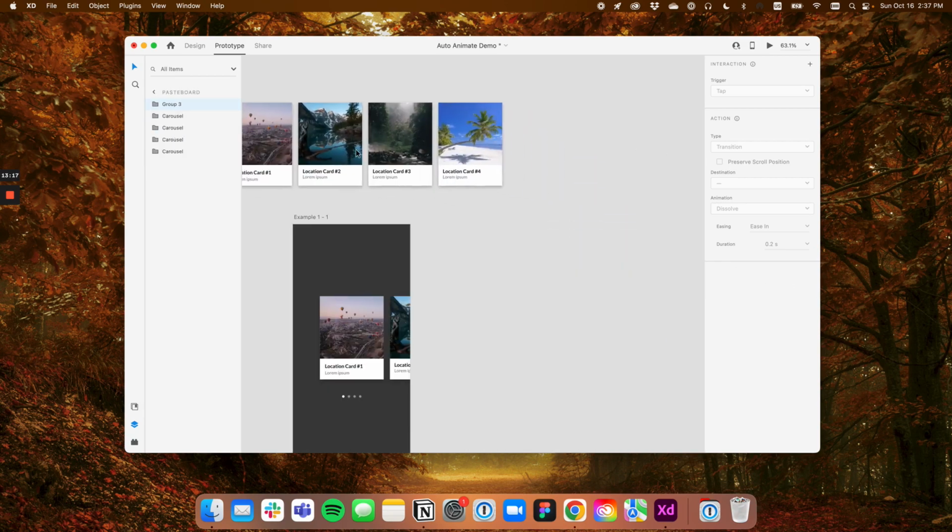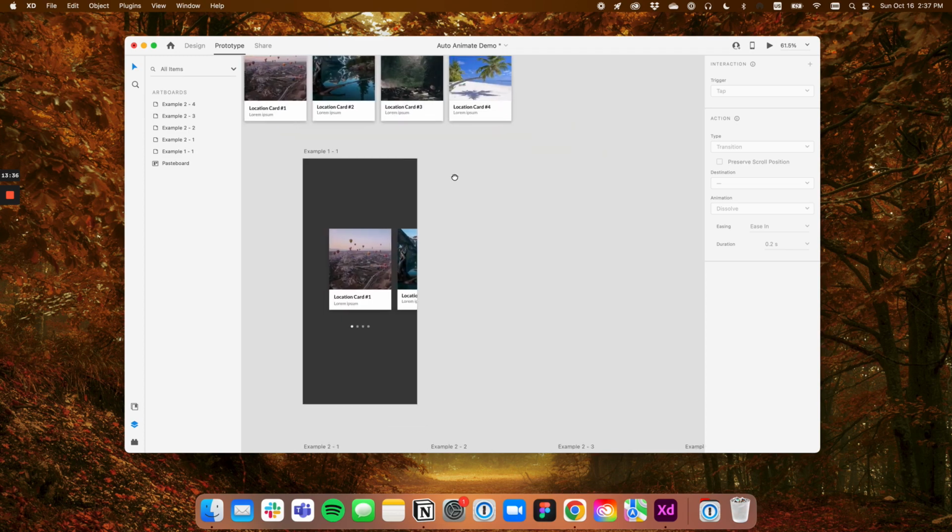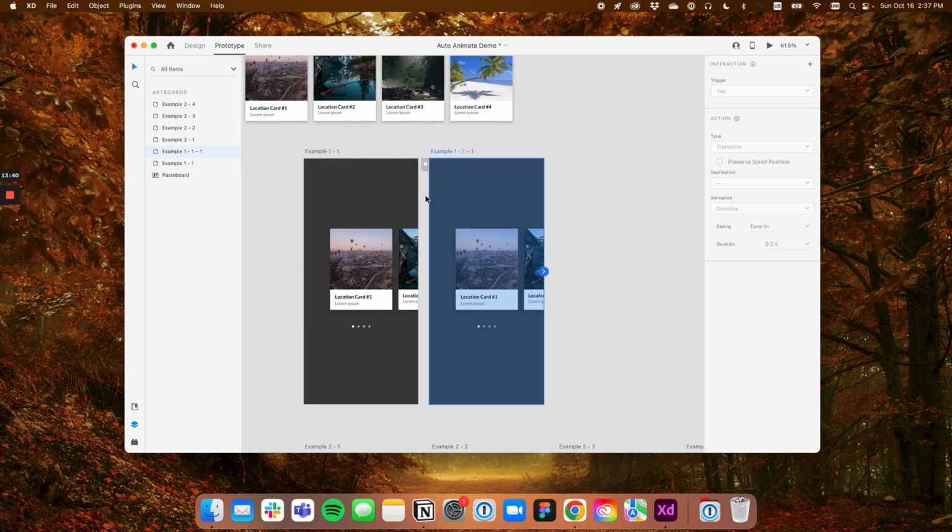have this frame, I have this group here, and inside of that group, I have card 1, card 2, card 3, and card 4. And inside of every single one of those cards, everything is named exactly the same. This is really important in order for auto animate to work the way you want it to, because the way XD works is it basically says, when I make the transition, it's going to take the 2 artboards and it's going to say everything that is named the same,